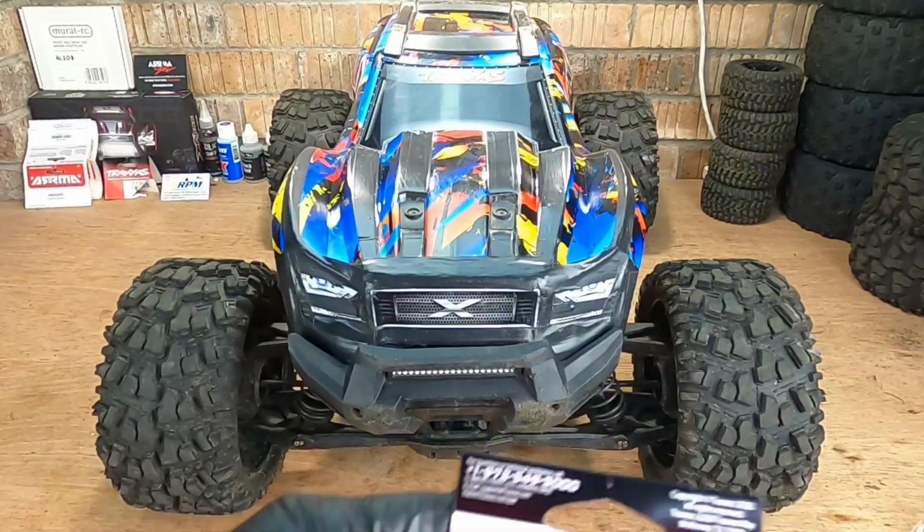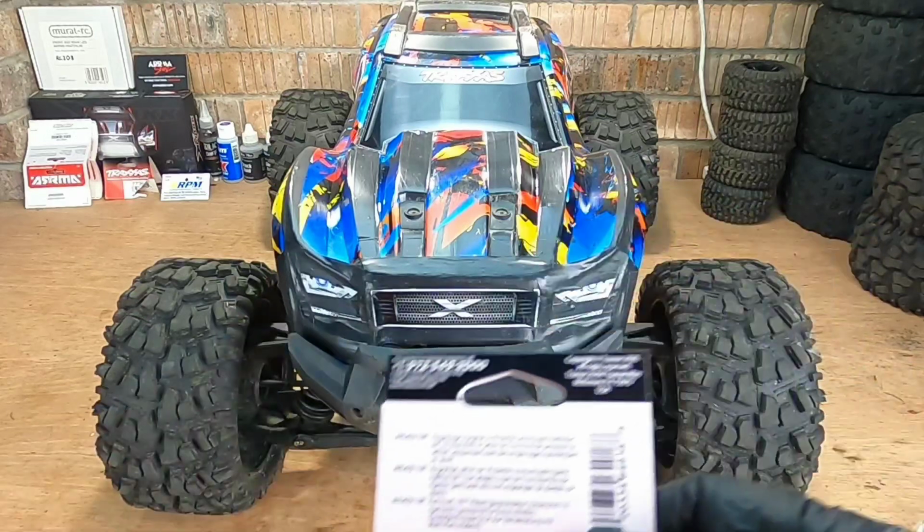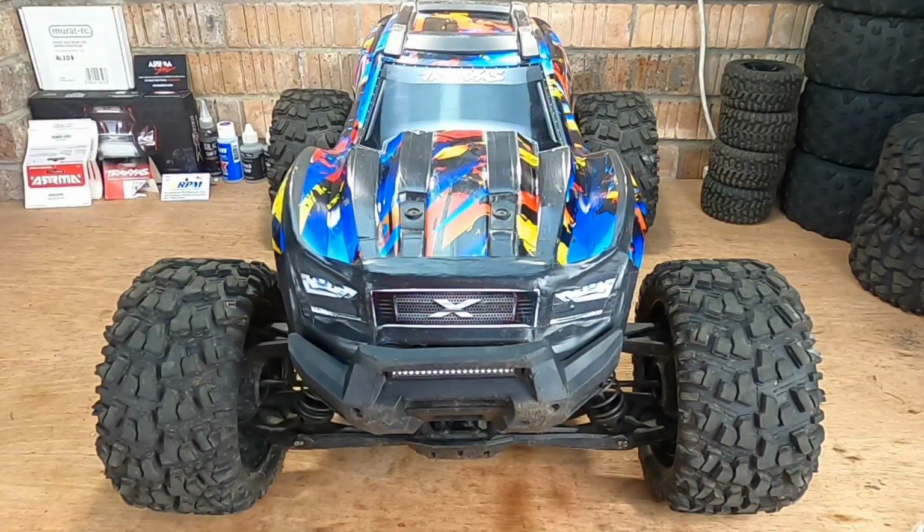It looks just like the stock one, just it should be tougher. So got that in, so happy with that. And then